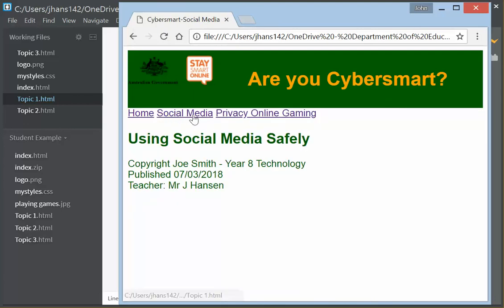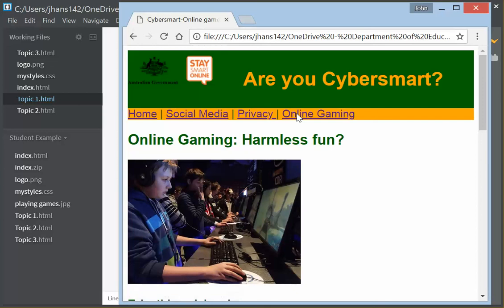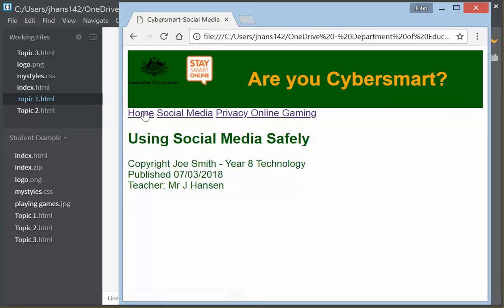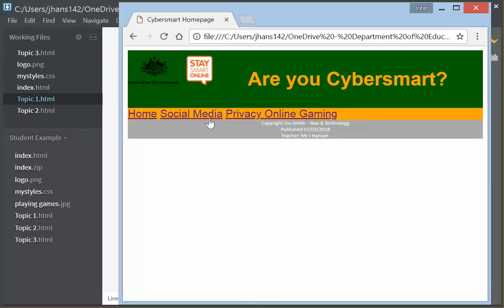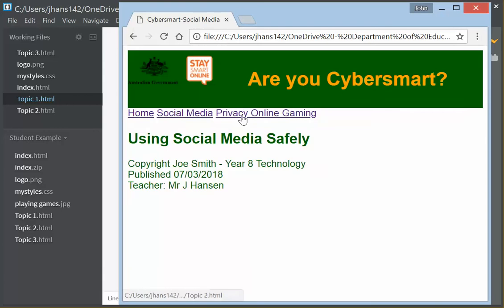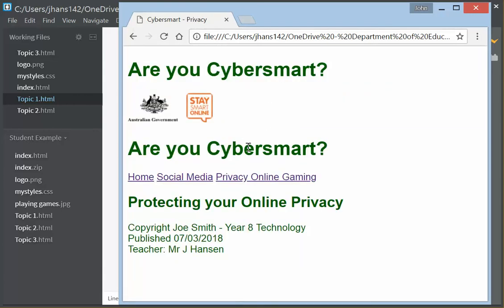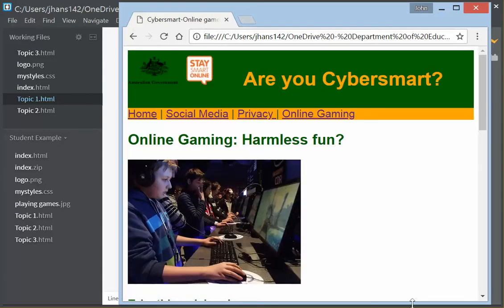And you see now home, social media. I haven't done the actual navigation bar there, but it's got the same banner as the other page, same as online gaming. So you just need to be consistent, make sure all 4 web pages have that same banner at the top. You can have a go now of your website, create your